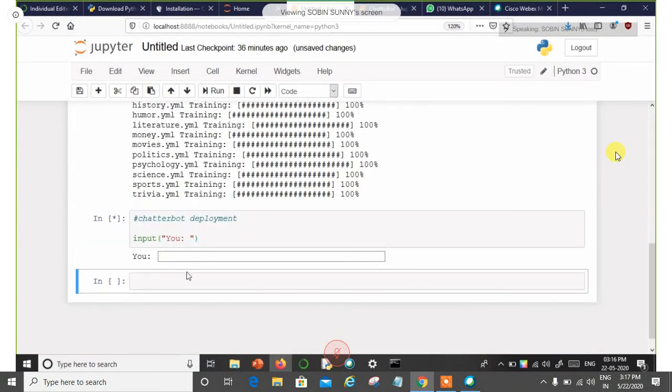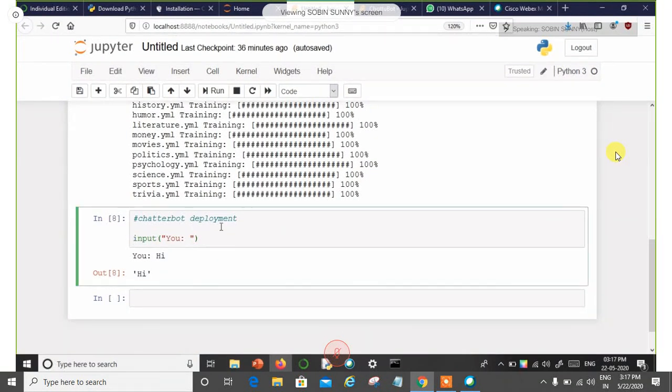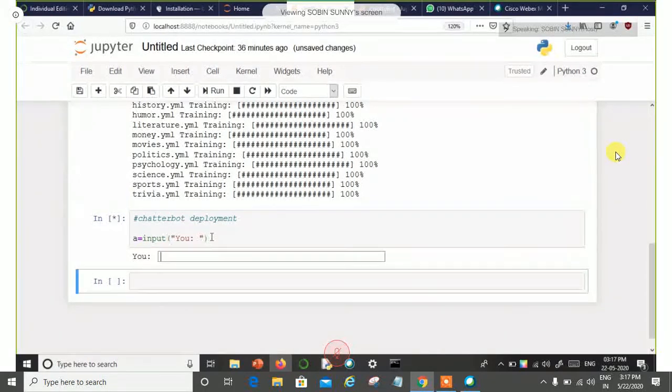I shall just run the cell. It's asking for some input here. Hi. This is not a chatbot, this is just a normal step for understanding. Chatbot, enter. Hi, this is the output. Now, if you have to reuse the input, you have to store it in a variable: a equal to input. I shall run the cell again.